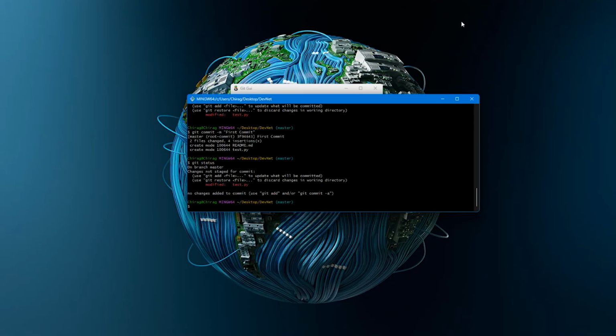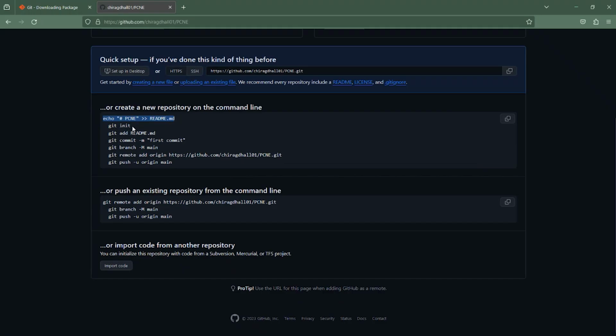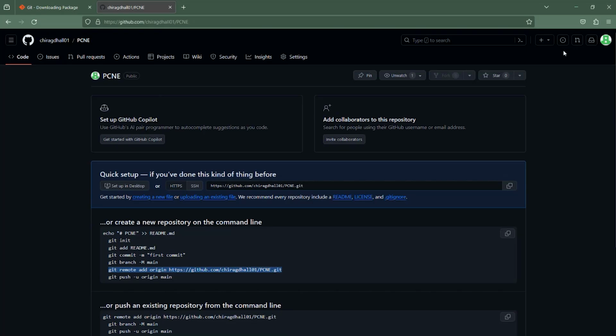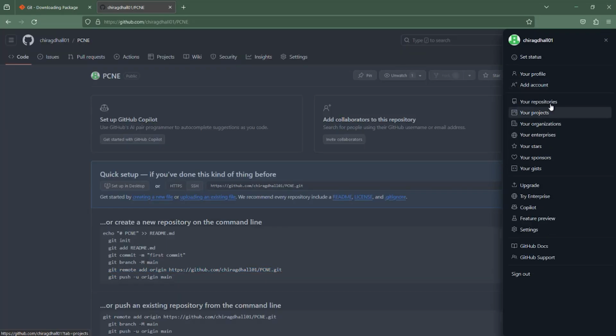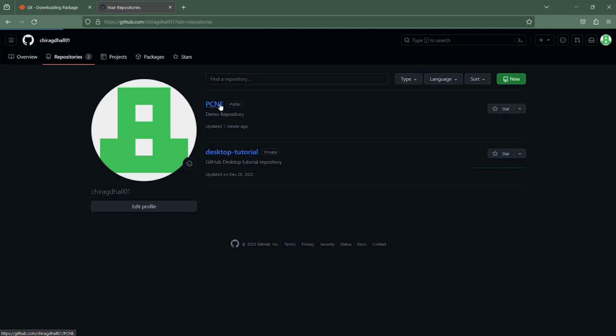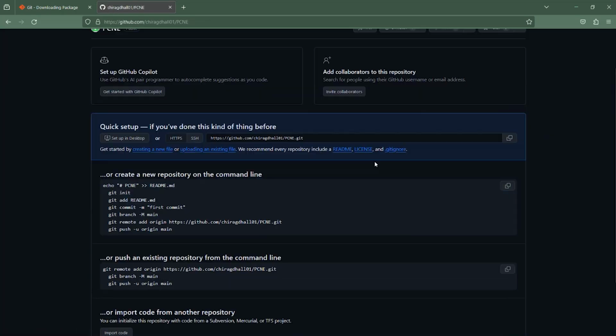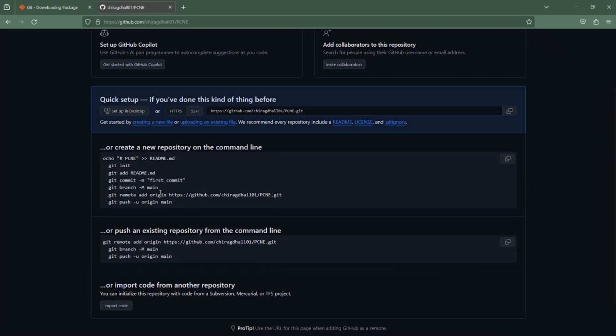Then after that, if you go back to GitHub, we have already started initialization. We have already added the README file. We have made some commits as well. This is how you commit some changes into a particular branch, and this is how you add it to a certain remote repo. So currently in my repo, PCNE, if I go and check, there are no files, right? So if I want to add some directory into a remote repo,